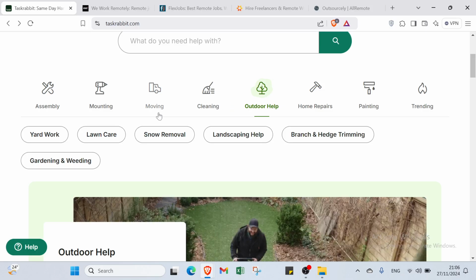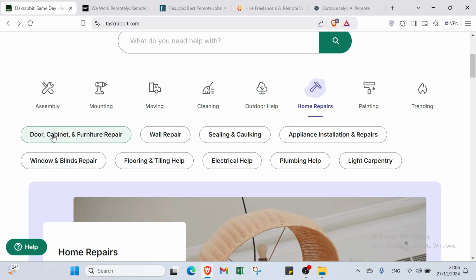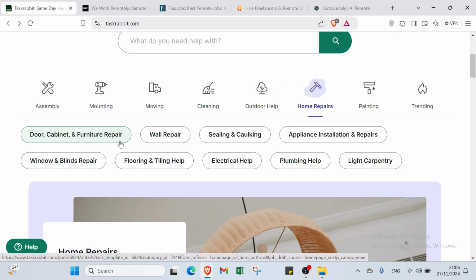Then we have here outdoor help, yard work, lawn care, snow removal, landscaping help, branch and hedge trimming, sorry, gardening and weeding. Then we have here home repairs such as door, cabinet and furniture repair, wall repair, sealing and caulking,